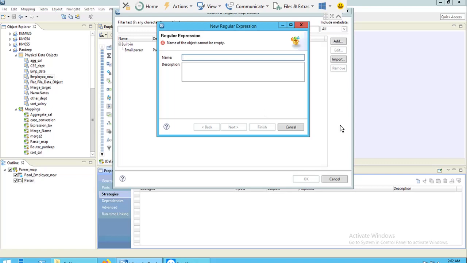So what is a regular expression? It is basically a special string used for search patterns only. So I will give any name to this. I am giving the name full underscore expression. You can give any name.